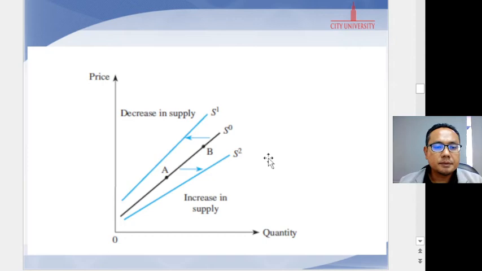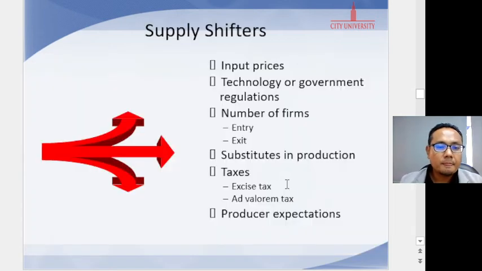This is an example for a decrease. If the supply curve shifts to the left, that means a decrease in supply. If it shifts to the right, that means an increase in supply. Same as in demand function or demand analysis,